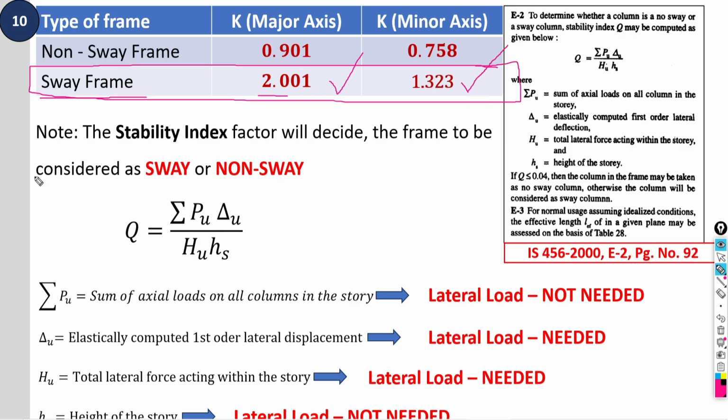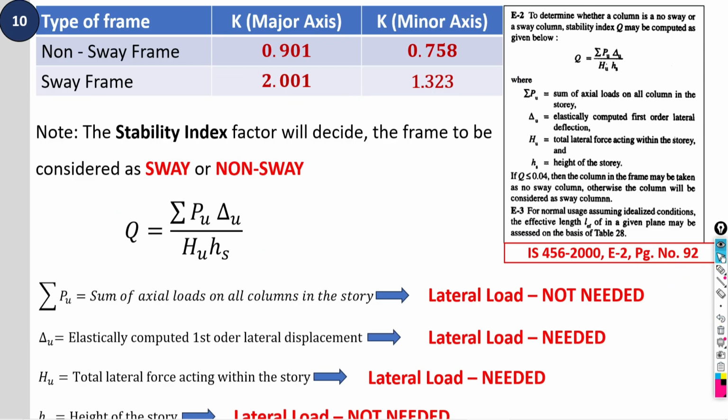And actually it is another part of discussion how you can do the calculation of Q by taking the help of primary software, for example ETABS. So in future we will plan a study, a webinar, along with doing the calculation of this stability index factor. So hopefully we will come with that topic in future. That is the later part of discussion. Now, moving ahead,